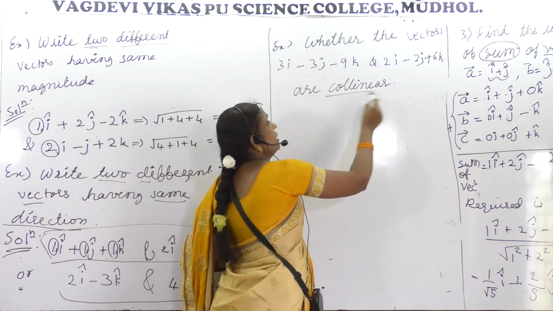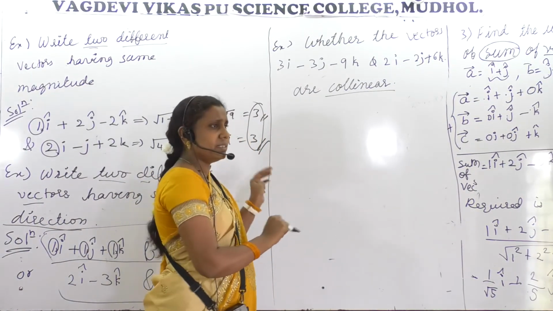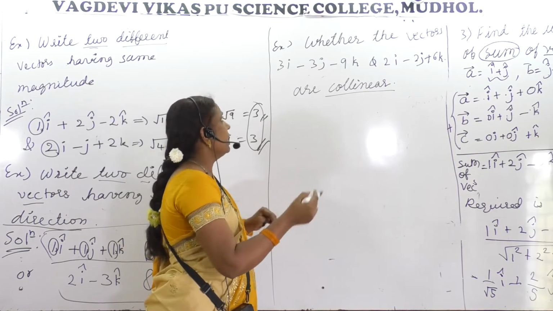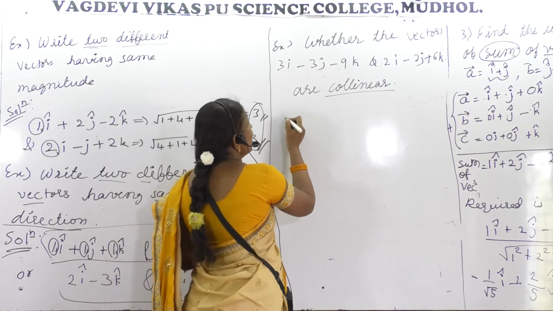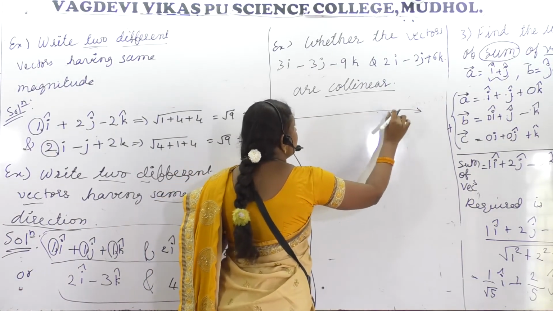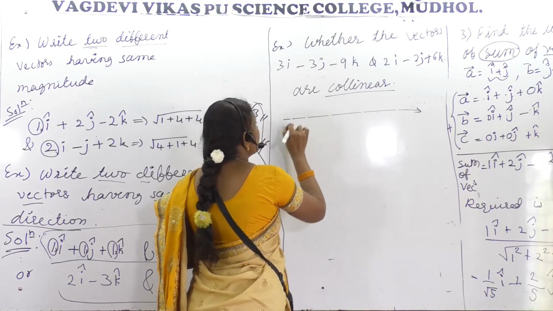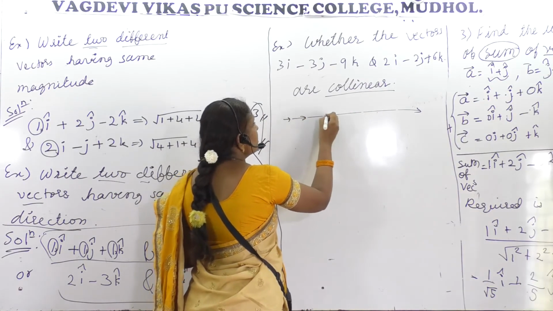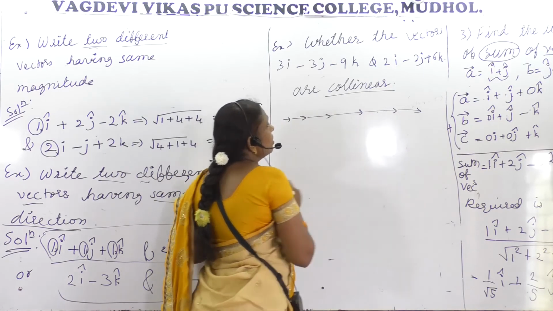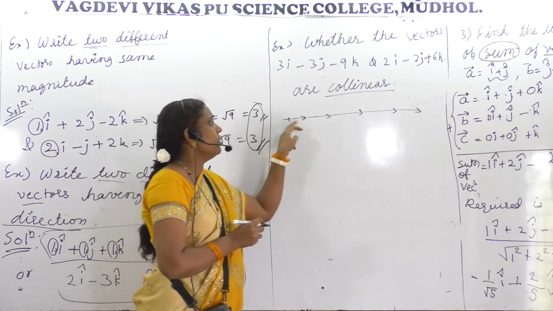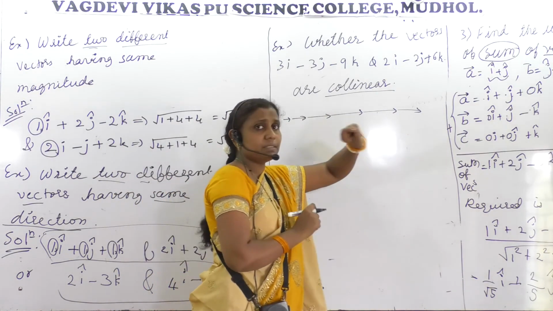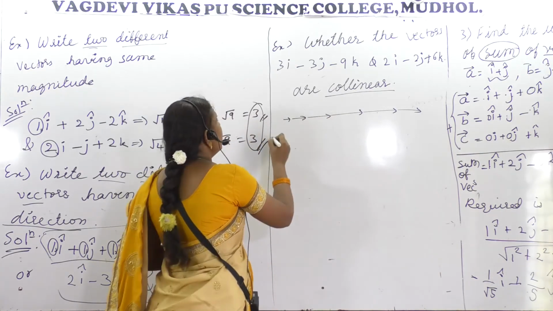What do you mean by collinear? All the vectors lying on the same line, falling on the same line, that is collinear. I told you, if this is one vector, let me make a gap and draw more than one vector. See? So these are collinear vectors. How many are there? 1, 2, 3, 4, 5, 6. 6 vectors are collinear. Okay?